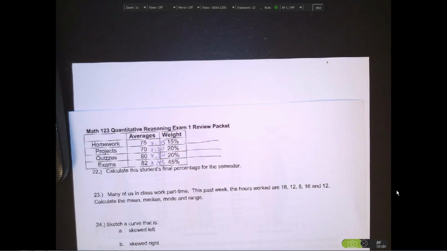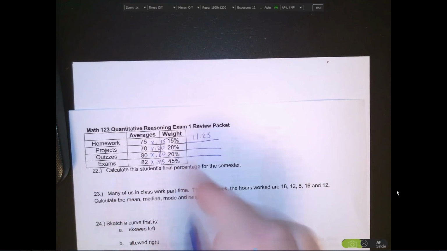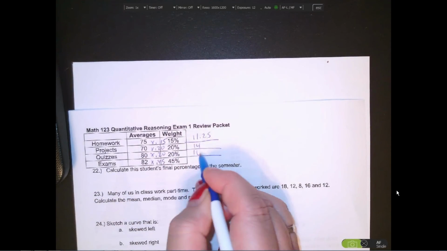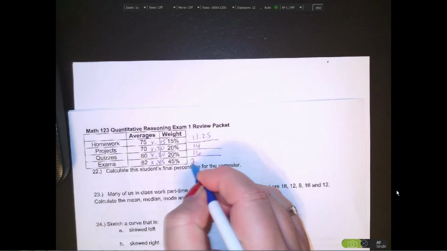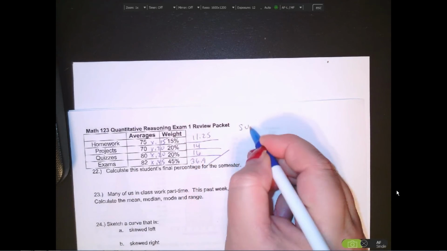Okay, so 75 times 0.15, 70 times 0.2 will be 14, 80 times 0.2 will be 16, 82 times 0.45 is, okay, then we sum those and we get